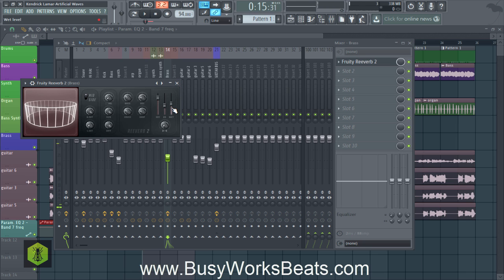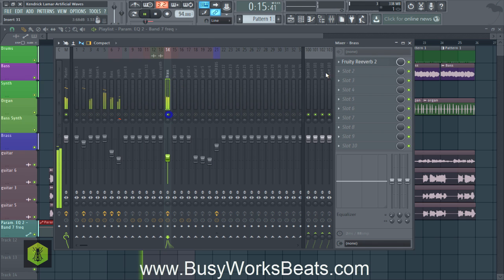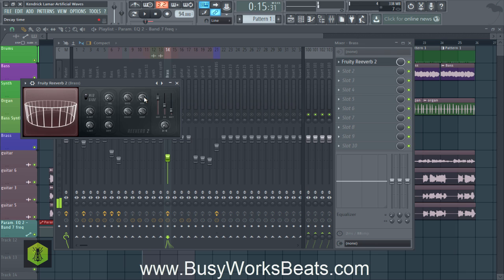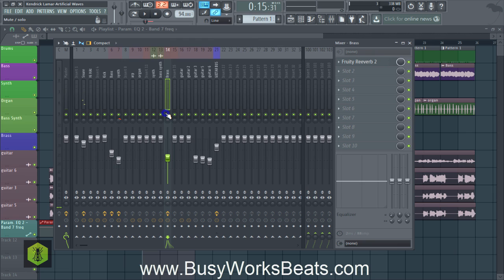Now remember, when you put plugins directly on things, it takes away from the original signal. When you put a reverb on it, very subtle reverb, you can barely hear it. Let's turn the decay time up. Now you can hear that tail. Okay, very subtle, but that tonality of the reverb adds more dimension to the song. Again, very subtle things make your song sound a lot better. I'm gonna pan the brass a little to the left. Even smaller, like 10%.